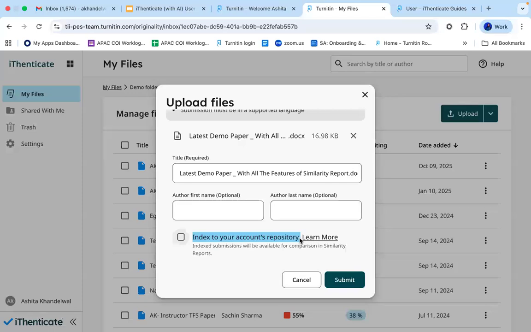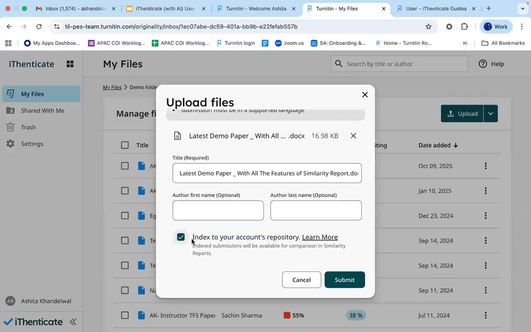If they have activated the setting for you to index your papers, this option will come to you. Indexing in Turnitin means that you want to save this paper into Turnitin's repository for future comparison, so that in future, if any paper is uploaded within your institution, your paper will be used to cross-check the text, and if any text is matched, it will be added in the report. So this is called indexing.